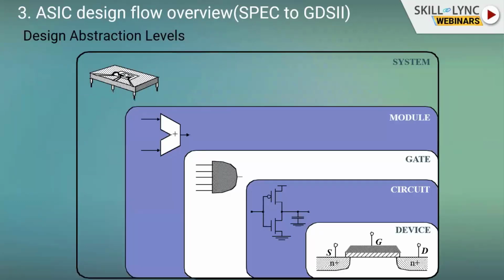Now in the flow, I'm showing how the design abstraction level changes. First the system, which I showed in the figure as the IC chip, is the document. Then the modules come, the RTL code, such as an ALU or MUX or multiplier. Then the module is converted into gates, logic gates, the basic logic gates like the AND gate you might know. Then the logic gates are transformed into circuits, PMOS and NMOS, that is CMOS. Then CMOS becomes the final silicon device. So this kind of transformation happens at every stage.